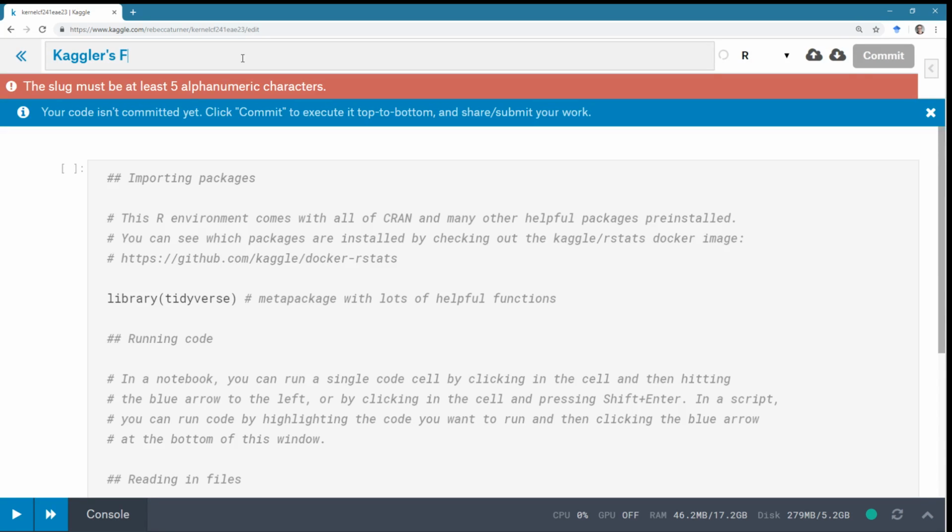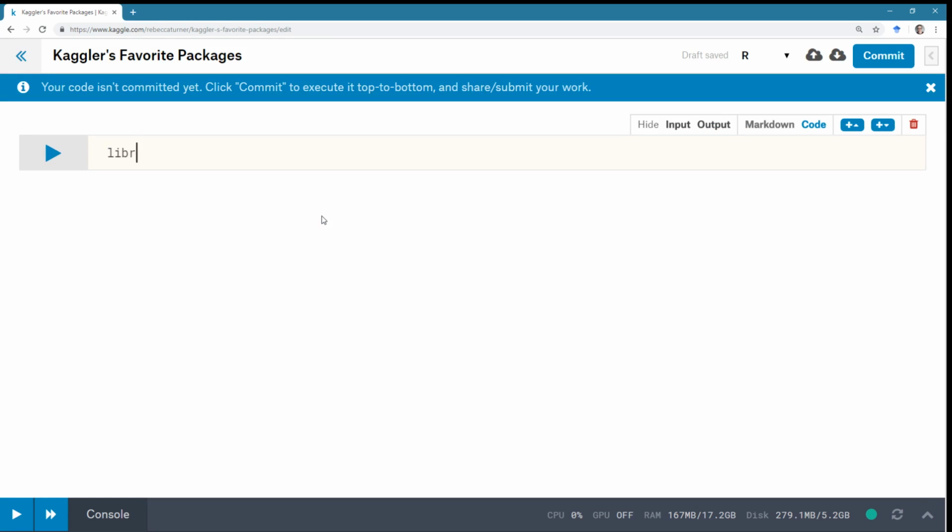Kagglers' favorite packages. And some other things about how I did the data collection. When you start a kernel, you get a cell with the default text. I didn't look at any notebooks that included that default text, so only notebooks that had deleted that and replaced it with something else.